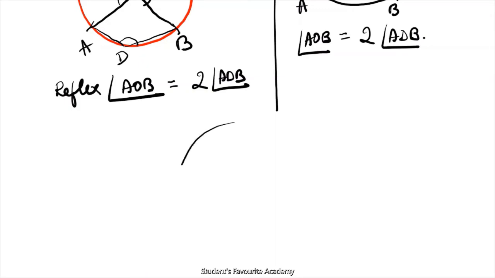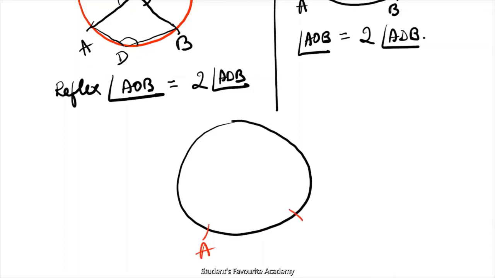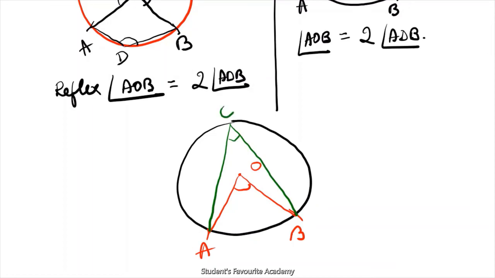We will consider this picture. Arc AB. Okay. So angle AOB is the angle made by the arc AB at the center, and say angle ACB is the angle made by the same arc AB in the remaining part of the circle. So what we have to prove? What we have to prove is